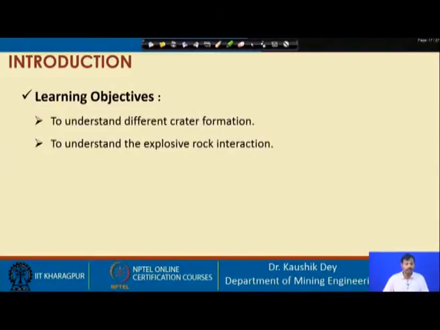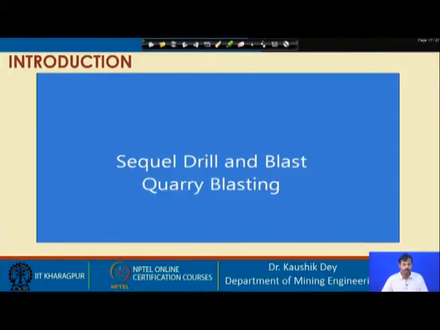Our learning objective today is to understand different crater formation. We will understand what is called a crater and how it is formed, and then we will understand the explosive and rock interaction, and why we go for blasting the rock by the benching method. But as usual, let us first observe a video,